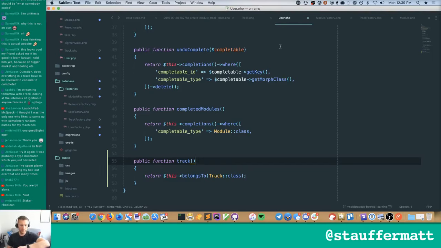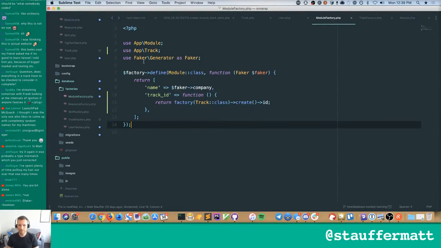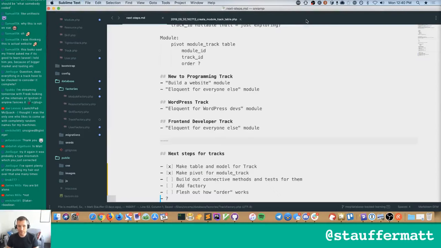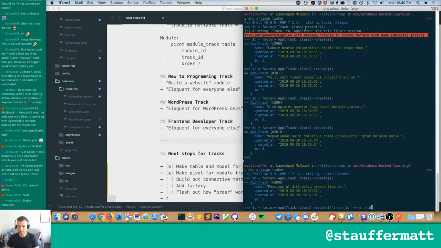All right. So what all were the things we were doing here? We are doing user has a track, and then updating the user factory. Module has a track, and we set up the module factory. Track, okay, and then track factory. So the track factory can't be generating modules and users for itself. So literally all it's just going to set up is its own name. Okay, so first of all, let's see if we broke anything. We're just going to run our friend